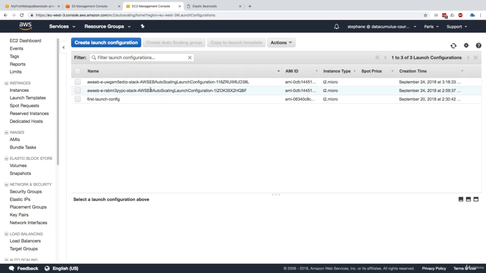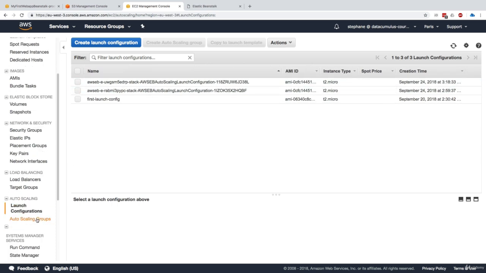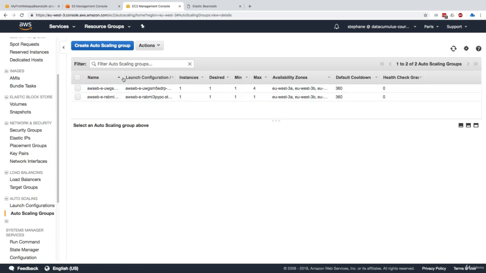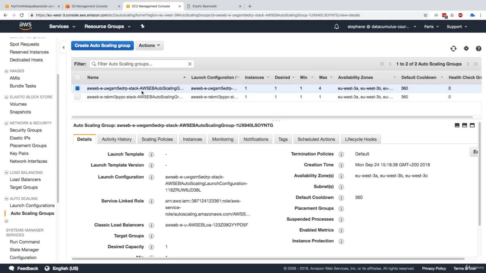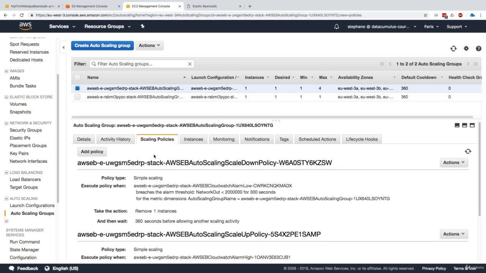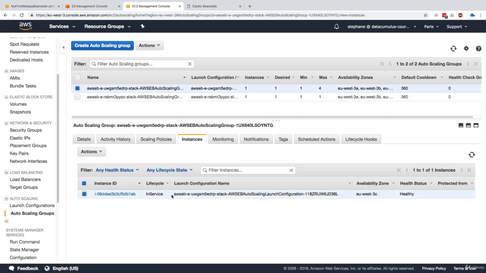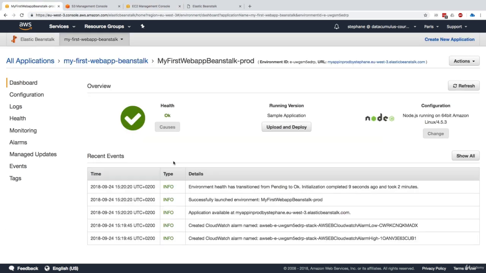So they're right here. And then if I go to auto-scaling groups themselves, I can see that I have an auto-scaling group that was created. So one of these, okay, this one got created because it's min 1 and max 4. And this auto-scaling group has the scaling policies we defined from before using the network, and has the number of instances that we wanted to have created by default, which is 1. So all in all, you can see how in just a few clicks on the Elastic Beanstalk console, we got ready with a full-blown environment that had load balancer, auto-scaling groups, security groups, all configured sort of perfectly, right?